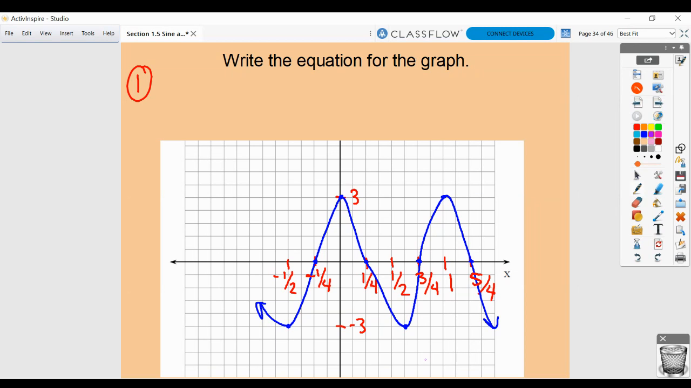All right, this video is the last video for this section. It is on writing the equation from the graph. So there are a few things that you need to look at on the graph whenever you are ready to write this. I think first of all, you need to figure out if it is a sine graph or a cosine graph. So as a little review, sine